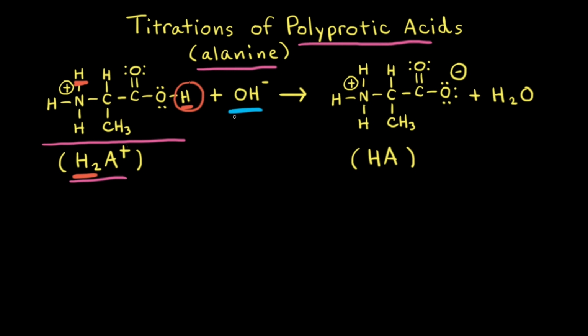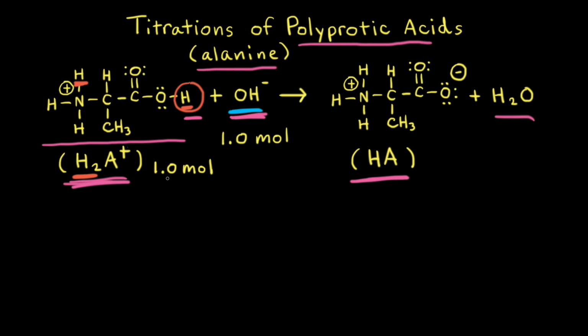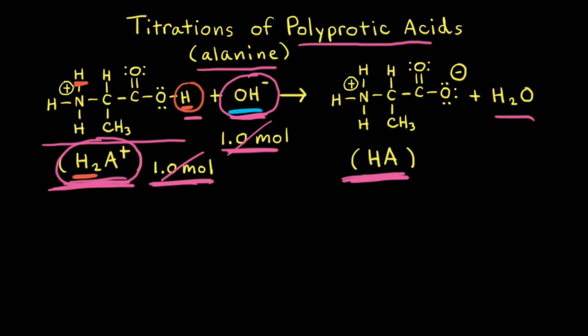Therefore, when we add some hydroxide anions to the solution, the hydroxide anions will pick up this proton and form water, and convert the protonated form of alanine into the overall neutral form of alanine, HA. Let's say that we start out in our titration with 1 mole of the protonated form of alanine, and then we add in our hydroxide anions. After we've added in 1 mole of hydroxide anions, we've completely neutralized the protonated form of alanine, and H2A+ is converted into HA. So 1 mole of H2A+ reacts with 1 mole of hydroxide anions to form 1 mole of